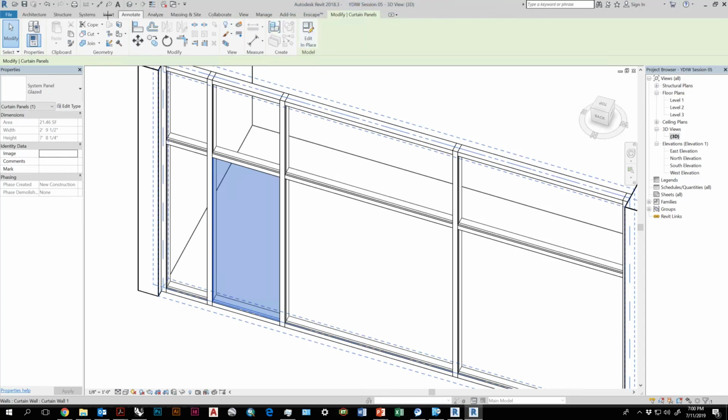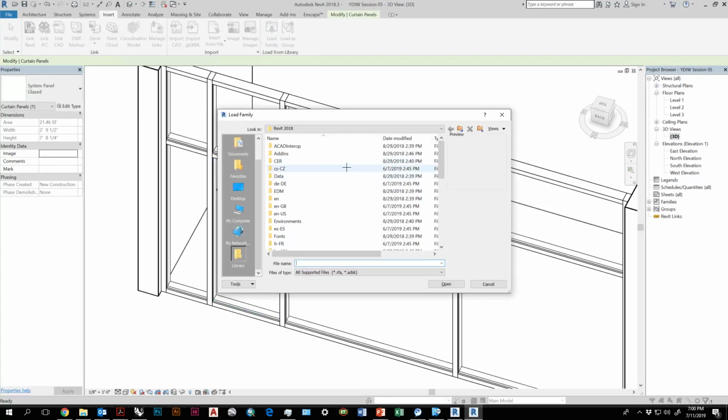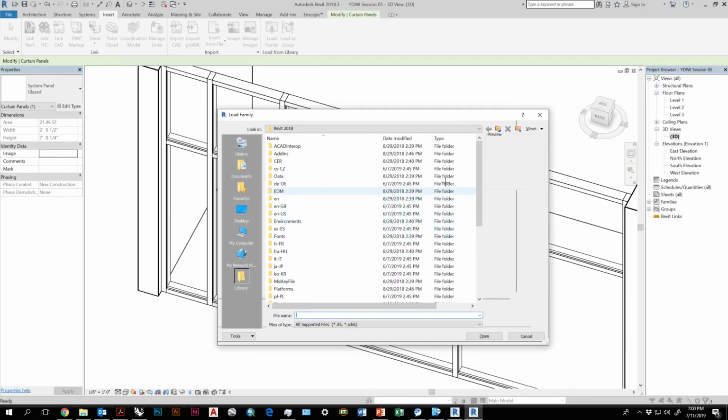So I'm going to go over to Insert. I'm going to go over to Load Family. And this will take me to Revit's family library. So you'll find all of the default family types will be embedded here. Revit 2018, I guess it's number...